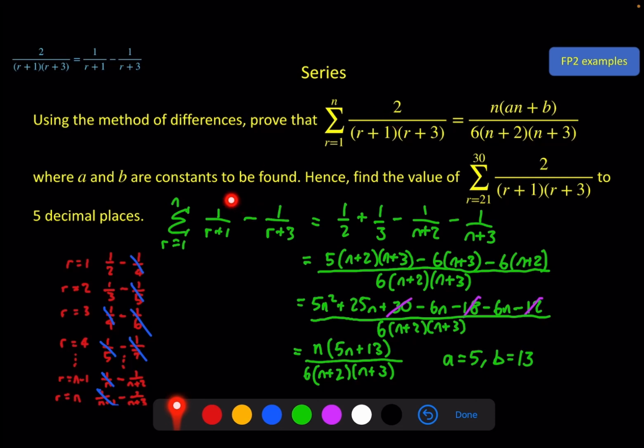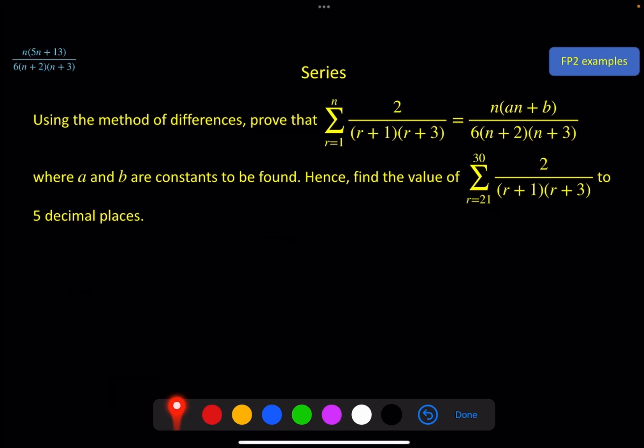We changed this into an expression of a difference, made our list, found the pattern of cancelling, found which ones were left over, put them together and simplified them. So let's finish this off. Here is the expression up here, the 5 and the 13. We need to find this. So to find the sum